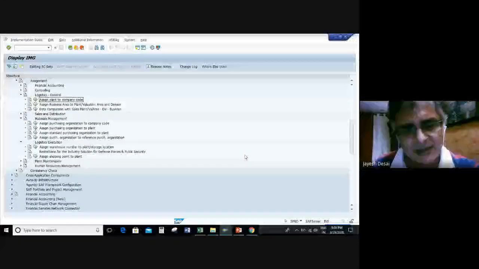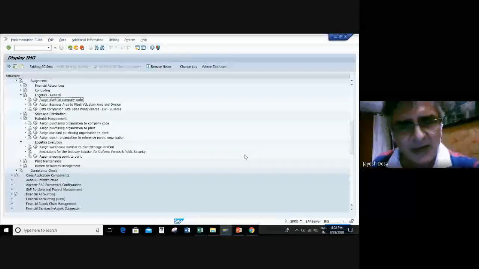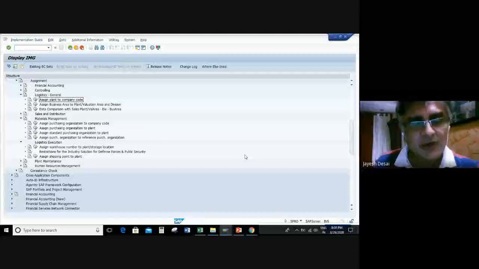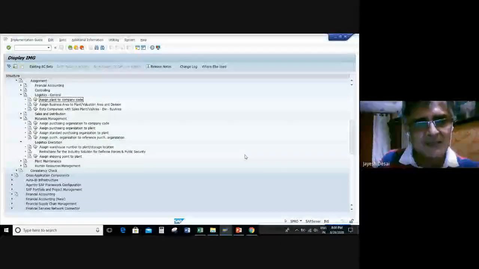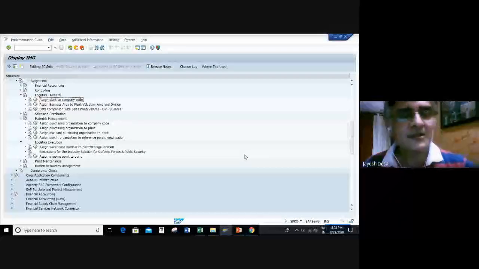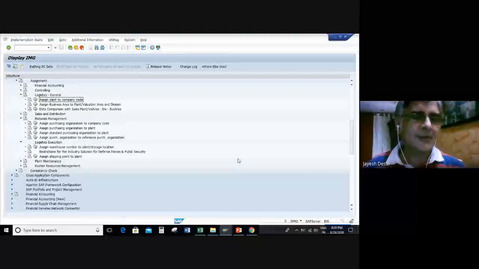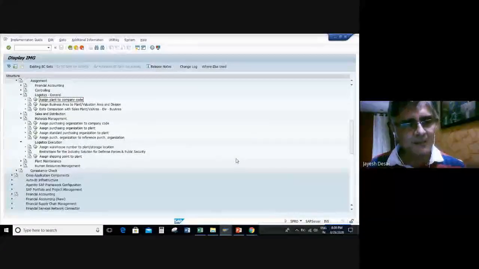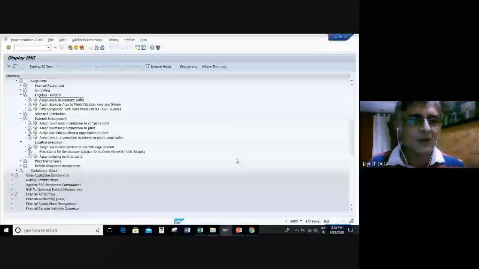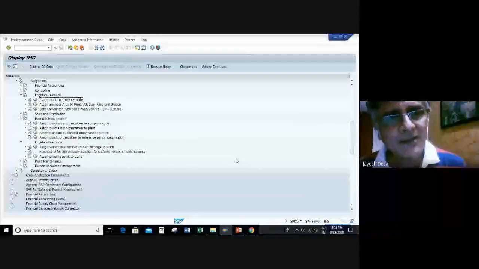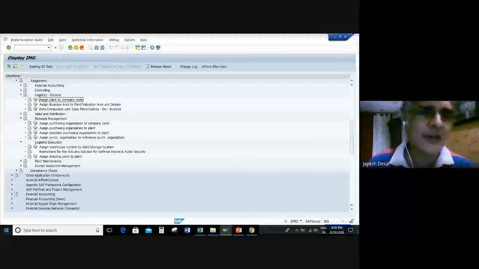For example, you have 5 plants and 2 company codes. This is how you define in SAP that these 3 plants belong to company code A and these 2 plants belong to company code B. This is how SAP will know that the material movement in plant 1 will have to be posted to company code A, and the material movement in plant 5 will have to be posted to company code B.